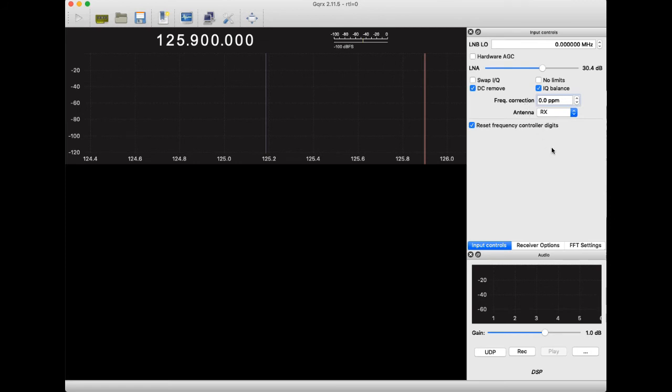because the SDR dongle I'm using at the moment is the RTLSDR.com device. That has a very good frequency accuracy. It's got a TCXO on it. The other RTL dongles I've got, a couple of others, are quite cheap, and they're actually the DVB-T dongles rather than something designed for SDR. And one of them is 88 parts per million out, the other one's 49. So once we've set that up, we just hit start,